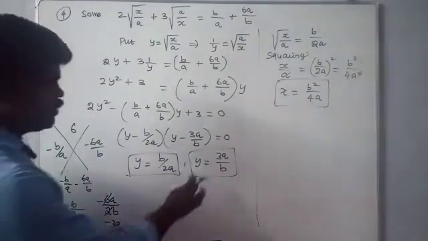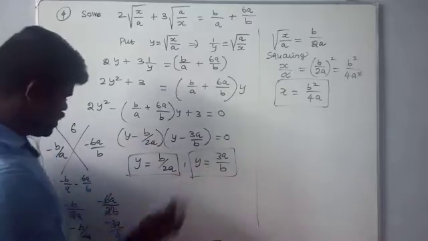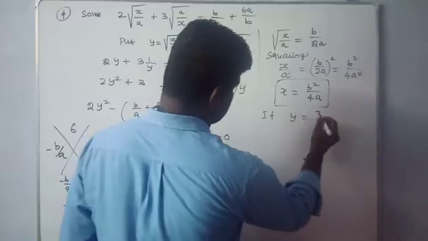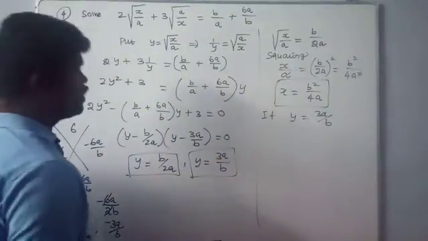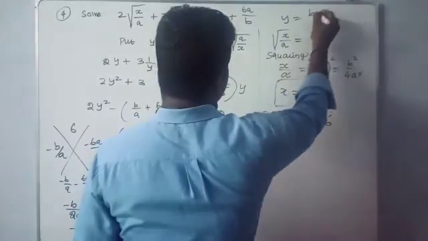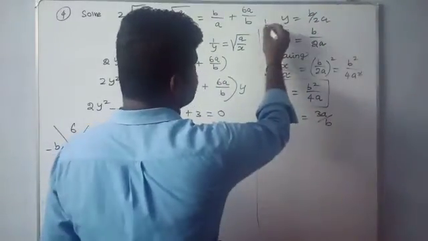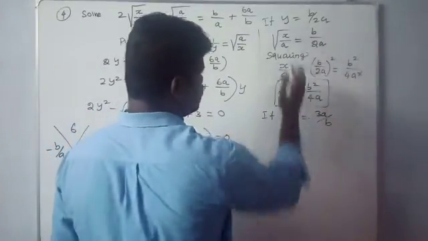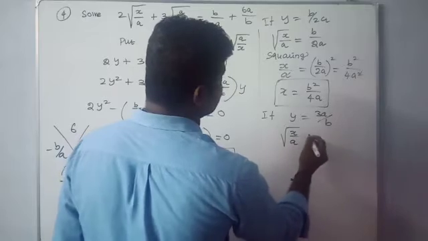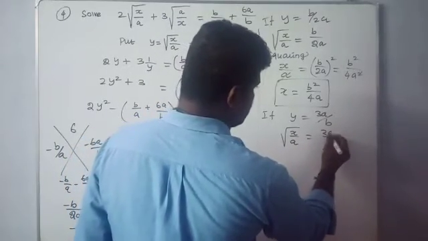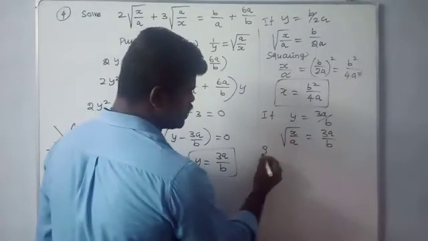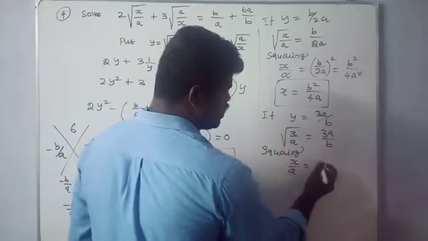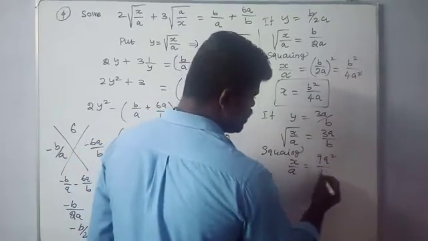And we want to find the other value here. y is equal to 3a by b. Here y is equal to b by 2a, and here y is equal to 3a by b, the other value. What is the value of y? Root x by a is equal to 3a by b, and squaring on both sides. What is the value? x by a is equal to 9a square by b squared,